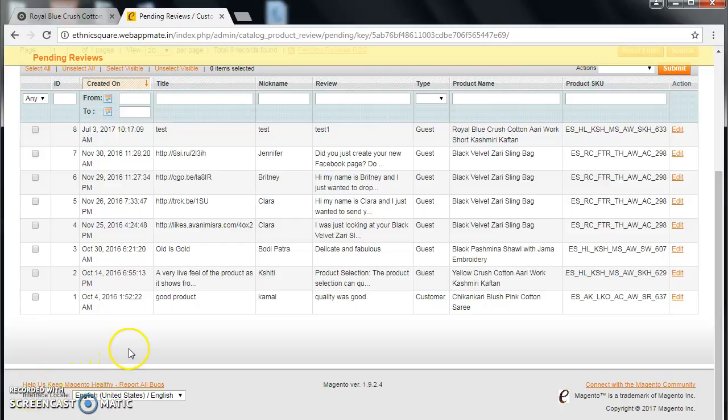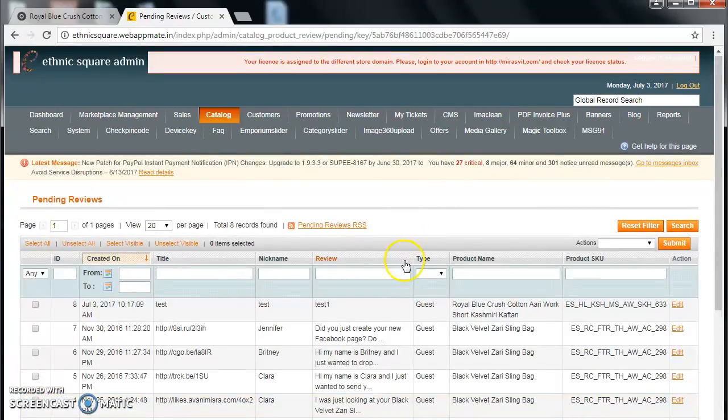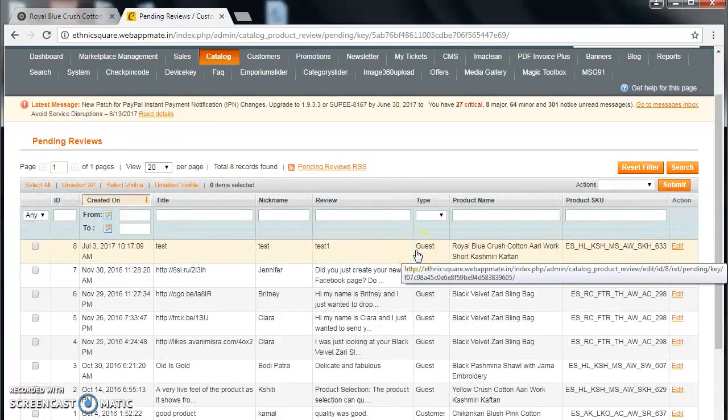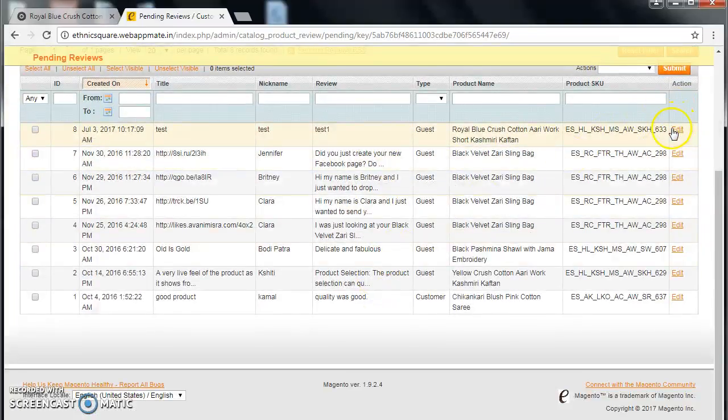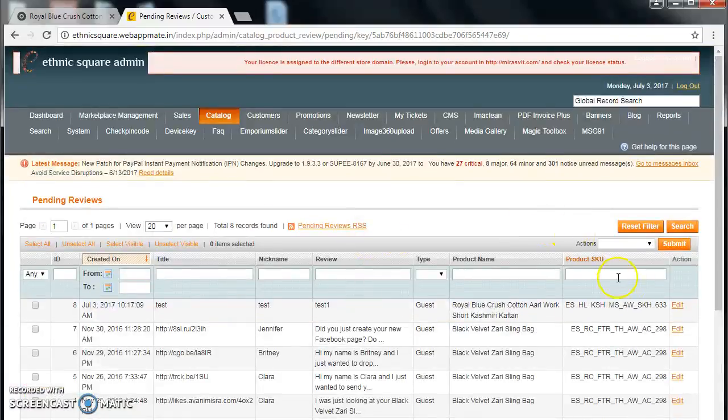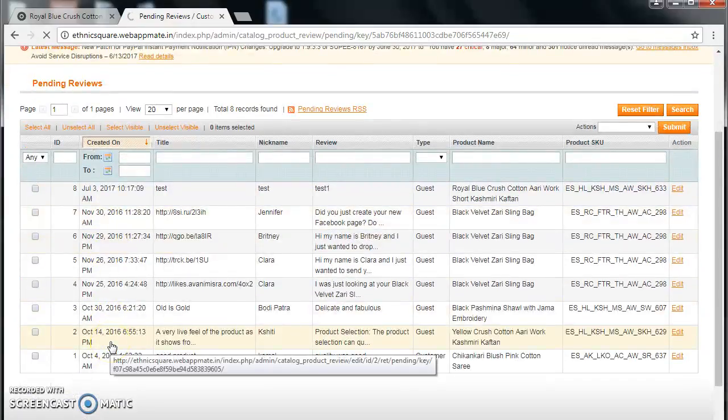and here is the information about the reviews we have just placed: test 1, test. And we can add the information for this review too, and here we can edit our reviews, anything which we want. Suppose we can choose the action from delete or update status, and we can edit too if we want. Suppose we want to add the information, we have to click on this, and